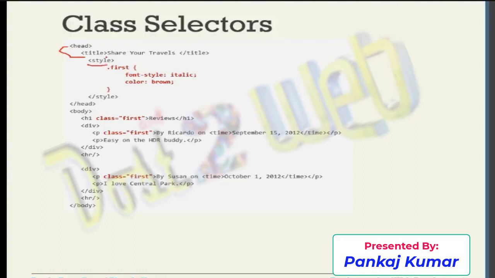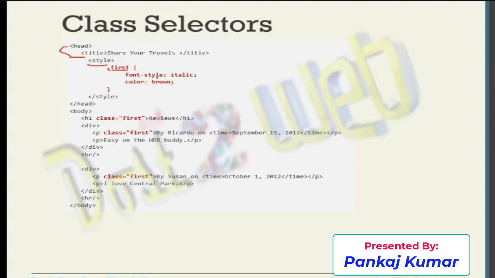Then, as I mentioned, you use the dot when defining the class selector, and then give any class name you like. There are no predefined names, so you can use anything, for example first.